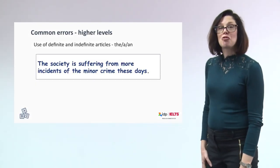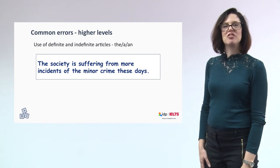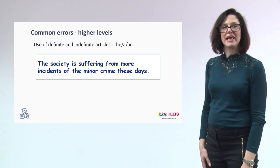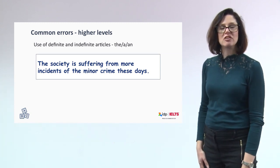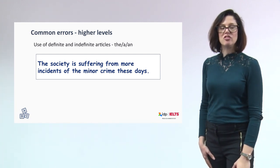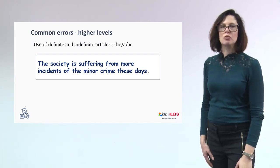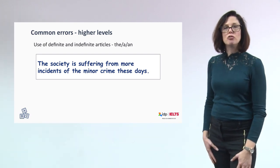Moving on to general grammatical accuracy. This is likely to be an area that's familiar to you, and it's obviously something that the IELTS examiners will be looking out for too. In fact, if you need to achieve a band 7 in your writing, the majority of your sentences need to be error-free. At the higher levels, so for those aiming to achieve a band 6 or above, the most common